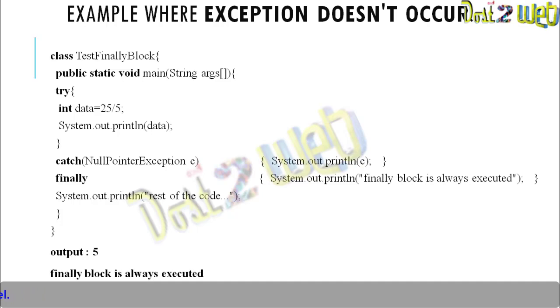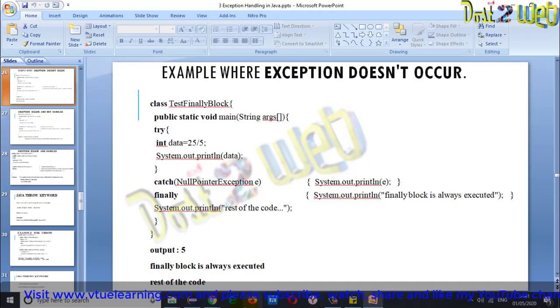The finally block is executed. So whenever you use a finally block in any exception handling, where you are using try, catch and finally, whatever the output of the program is will be executed, plus what you have defined in finally will also be printed. So that's what is happening here. Same program, let's see what will happen here.